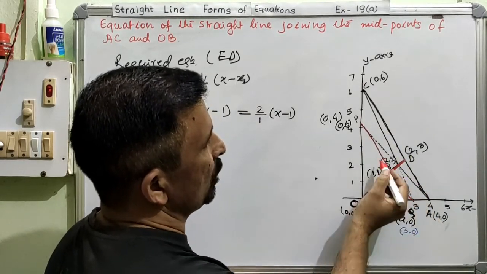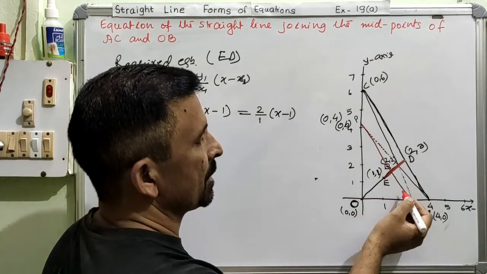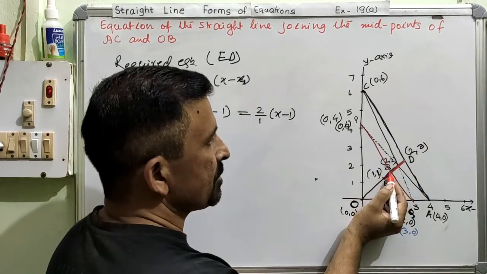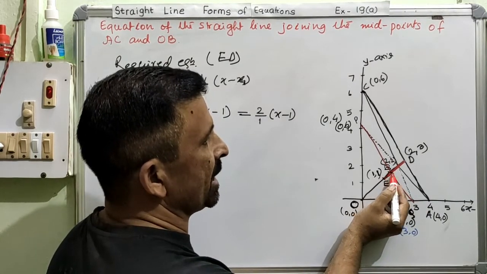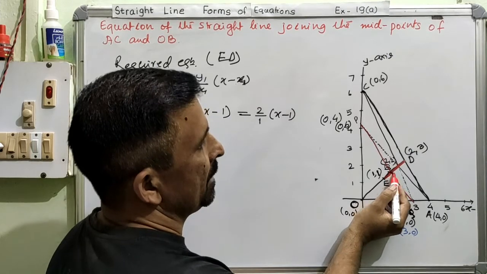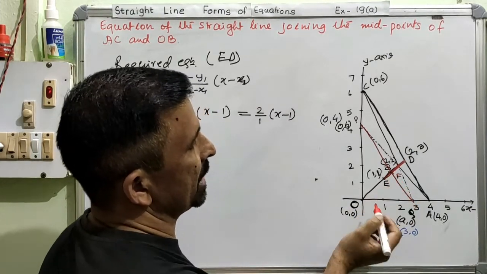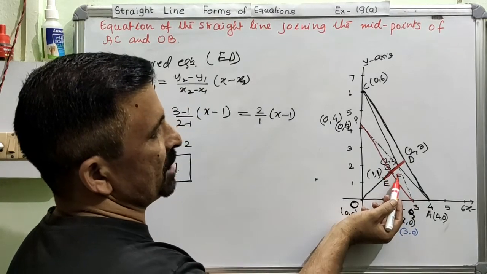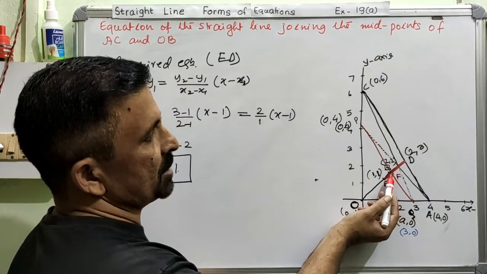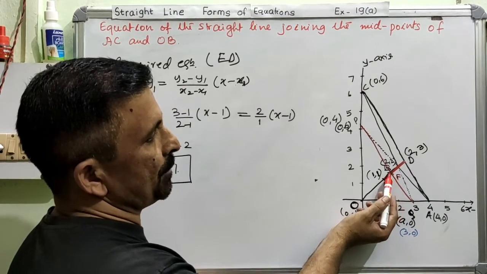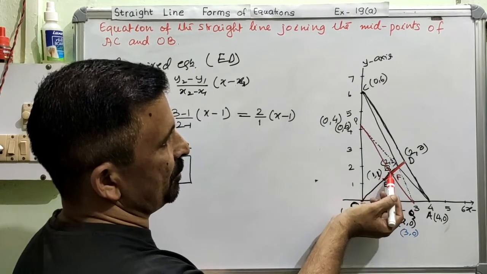Clear? Now we have to find the coordinate of the midpoint of PQ first of all. So we are just assuming that the midpoint of this PQ is somewhere here. Clear? And then we can name this point F. Now we will find the coordinate of this point F. Please see this very carefully. This point F is the midpoint of PQ, so using the midpoint formula, we will find the coordinate of point F.